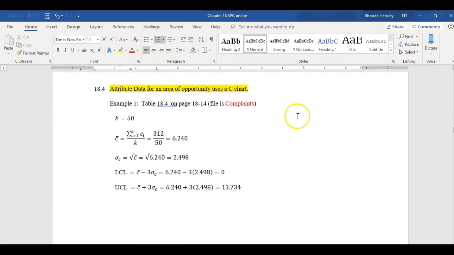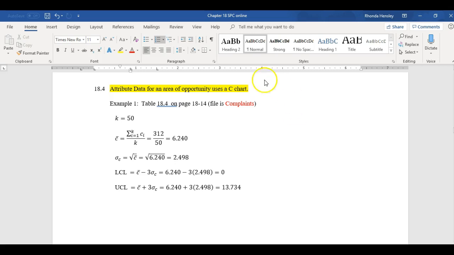So a C chart is different than a P chart, in that the word they always use is area of opportunity. Instead of taking a set sample size, you're defining this area of opportunity, and you are doing a C chart. So for instance,